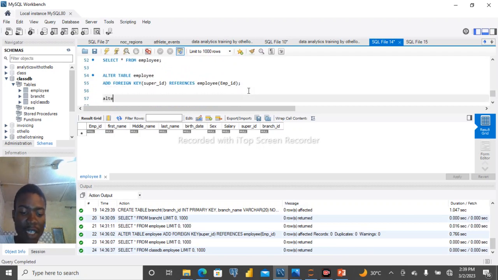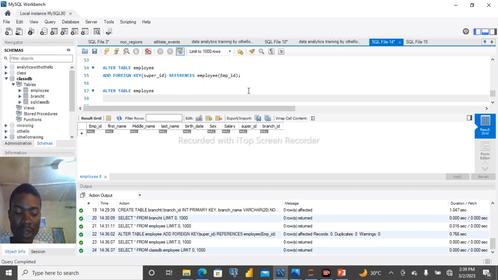Alter table employee again, then add foreign key, branch ID is the foreign key that I close my parenthesis, then references, then the name of the table where you'll be having the foreign key, employee, open the parenthesis, then what is the